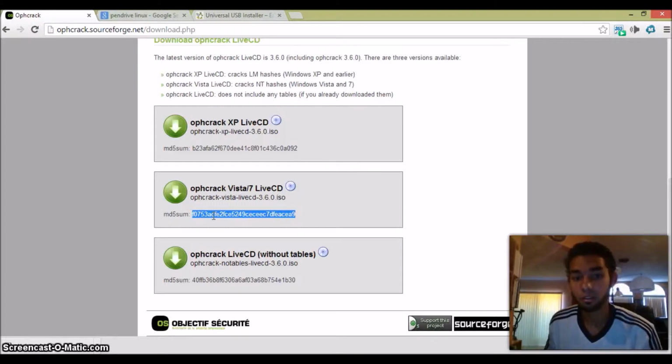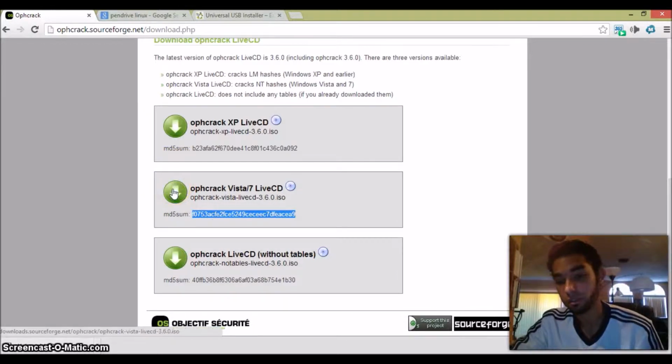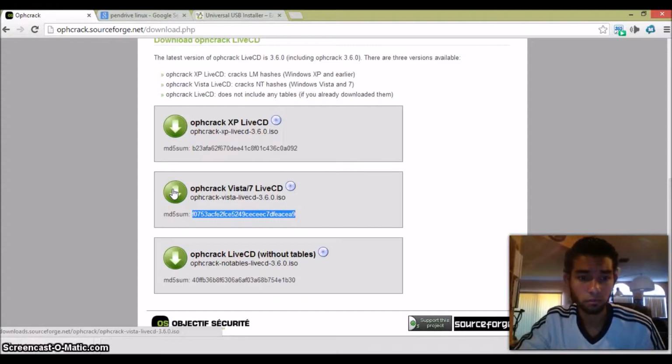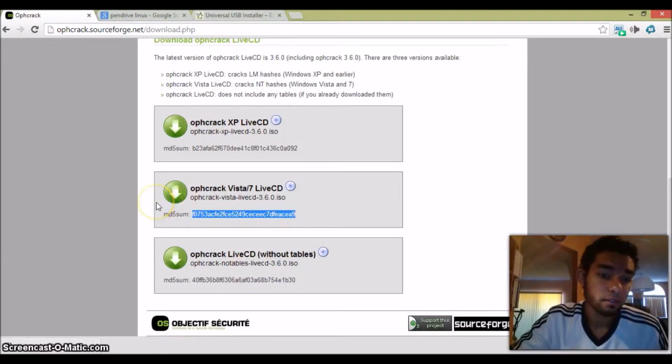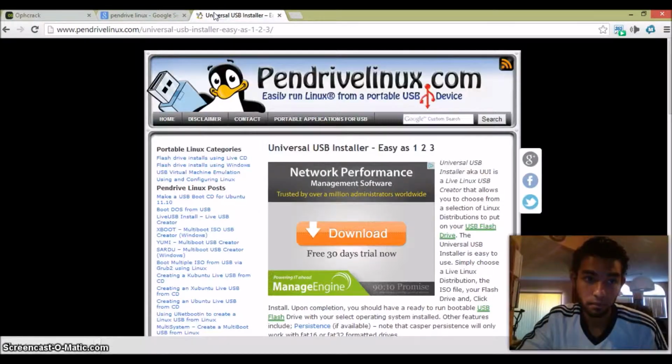Now you notice that those files are .iso. That means it's going to be a virtual CD. So once you click download, for example, I downloaded the Vista one since I'm using Windows 7 on my computer. On the computer that I'm going to work on, I'll show you guys how to work. It's Windows 7. So I click download, right? And once you download it, the next thing you want to do is go to this website,